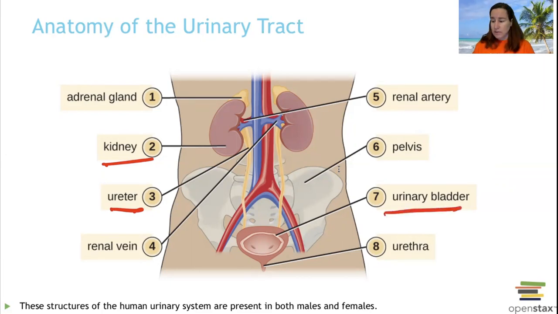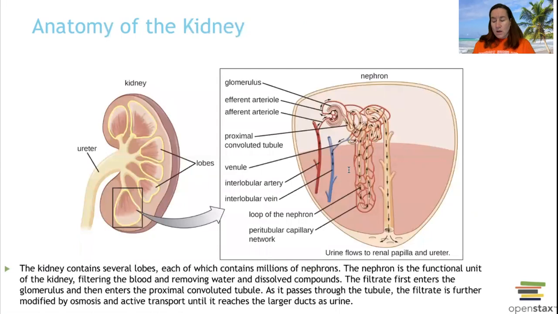That's where we're going to store it. So we've got 2 kidneys, 2 ureters. It's going to go down to the bladder, and then the bladder's going to store it, and then when we are ready, we're in a spot where we can actually go, we're going to release that urine, and it's going to come out in the urethra. So those are major components: 2 kidneys, 2 ureters, 1 bladder, 1 urethra. We don't need to know about the adrenal glands or renal artery, not so much. Tiny stuff. I'm not going to make y'all memorize the blood flow to the kidney because that's for anatomy and